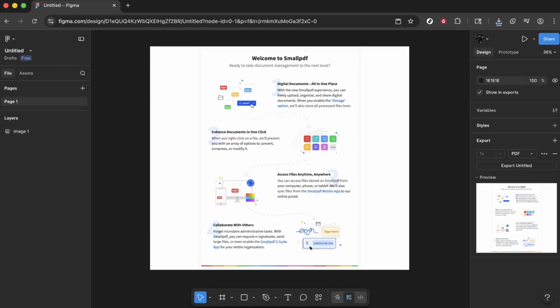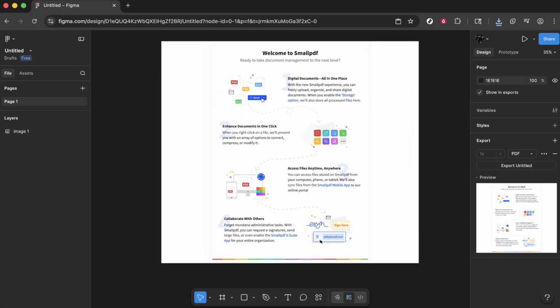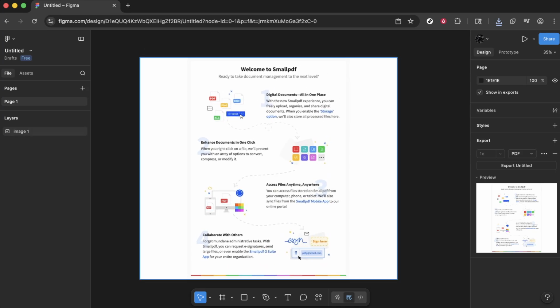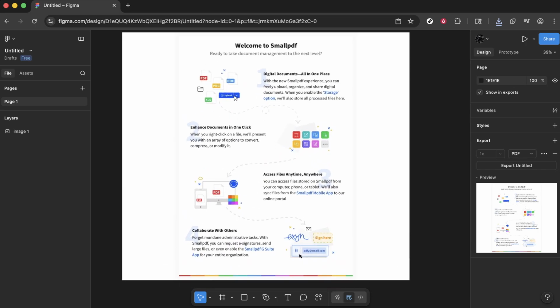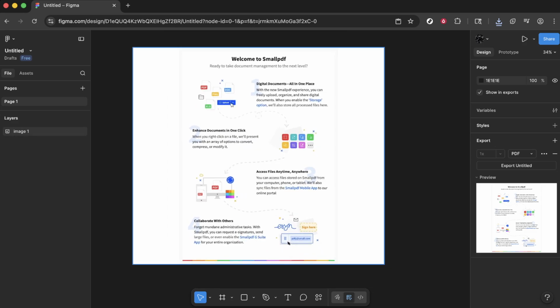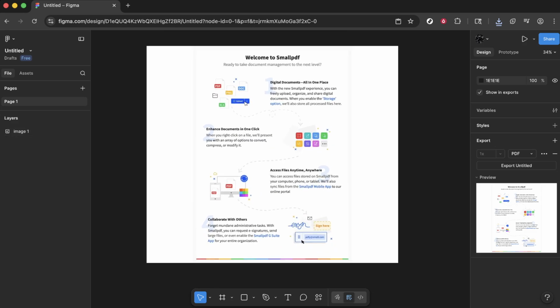This PDF can now be shared with colleagues, clients, or printed out if you need a physical copy. Now, it's worth noting that PDF is an incredibly versatile format. It maintains your design's integrity across different platforms, which is why it's perfect for sharing. Just think of all the possibilities, whether you're sending out a presentation, sharing prototypes, or even archiving your work, PDFs